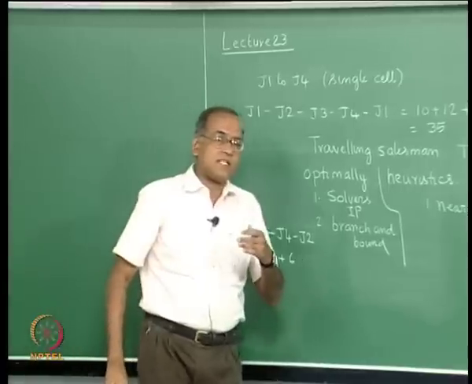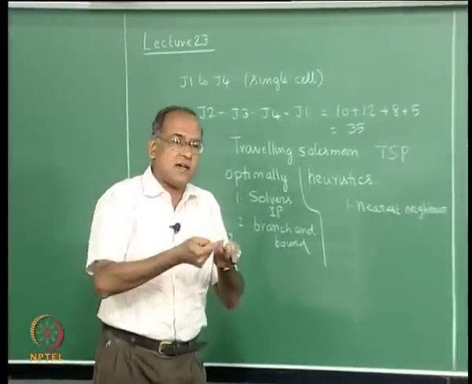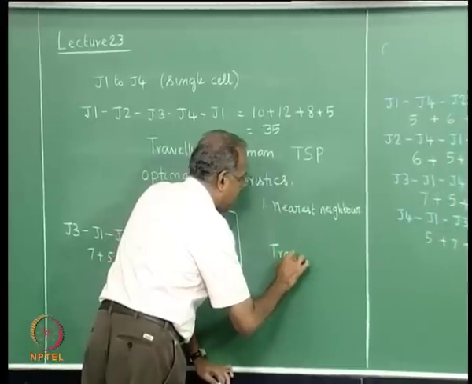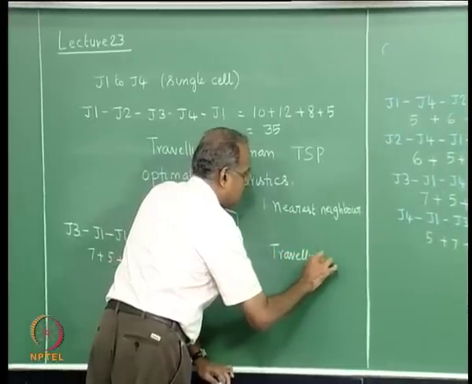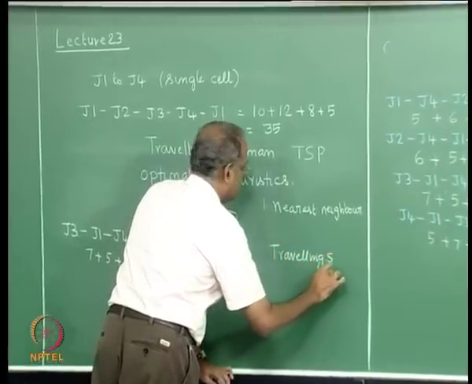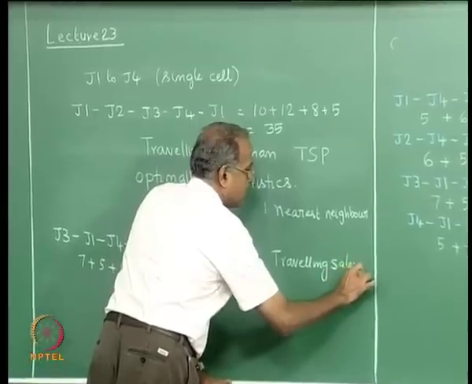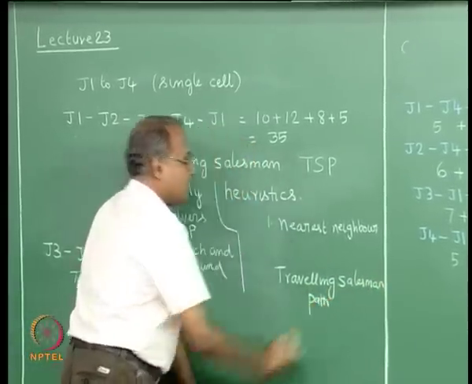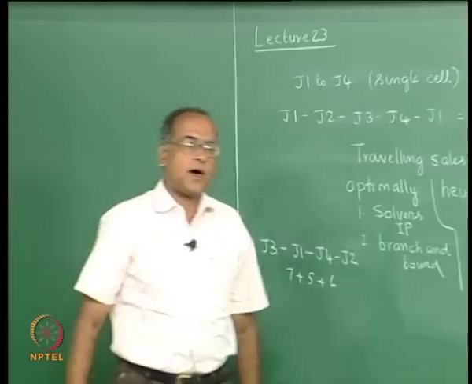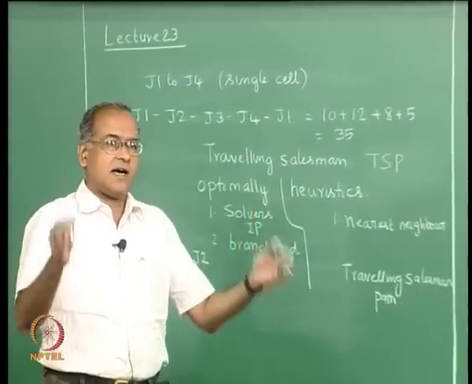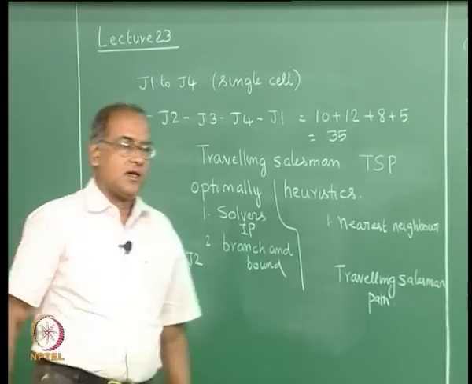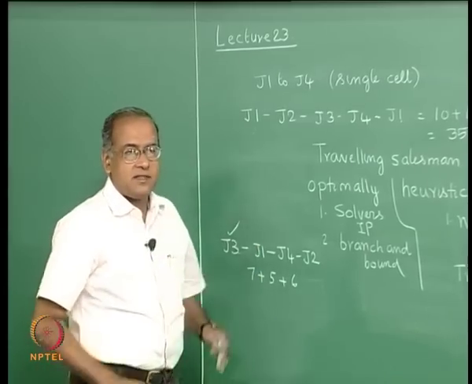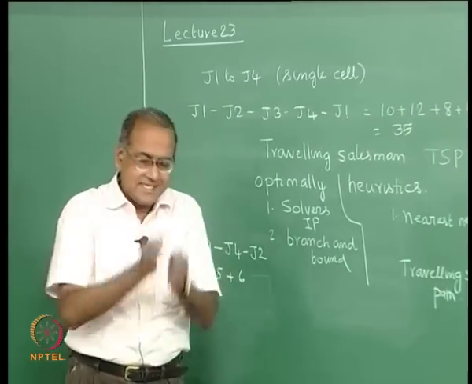Now, the travelling salesman problem also has another version which is called the travelling salesman path problem, but in the path problem the first and the last points are specified. Now, if we make this assumption only the first is specified, the last could be anything, that is retained, and